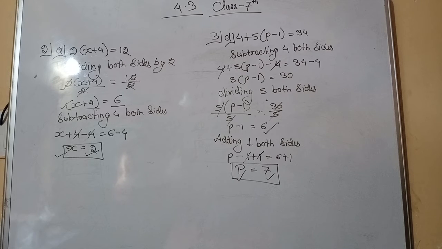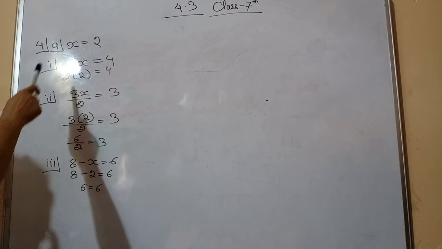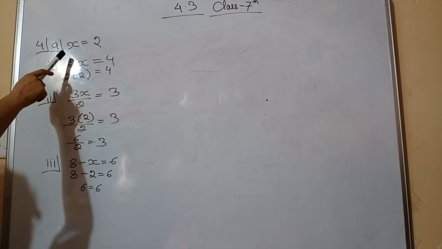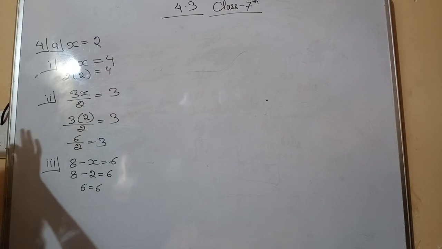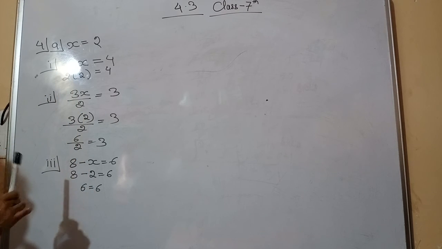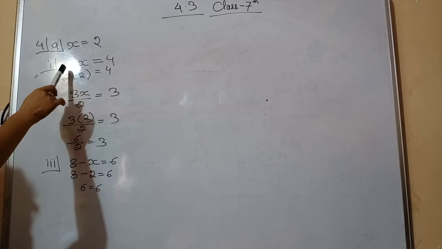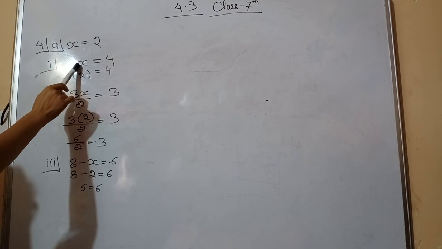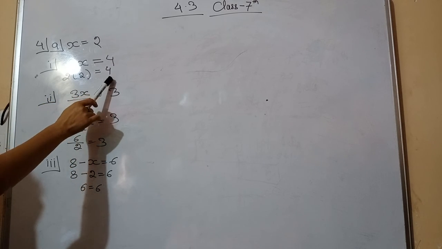So same concept you have to apply in question number 3 for solving all the options. Now this is the last question of the exercise. Construct 3 equations starting with x = 2. Means we have to put value of x = 2 in any equation, and we have to justify the equation. These are the 3 equations. Same you have to do in the second option. Like first equation is 2x = 4. So when in place of x we place 2, 2 2s are how much? 4. So here when you place 2 into 2, it will give us 4.